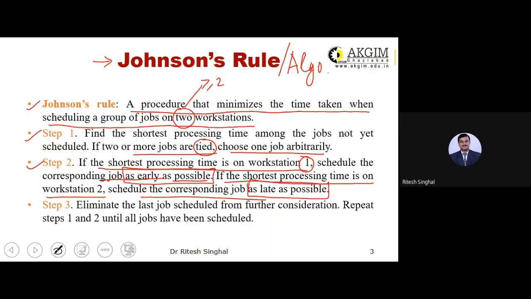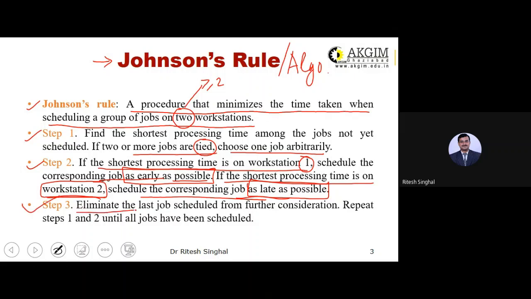Remember these two things in your mind: if the minimum time is with machine 1, schedule the task as early as possible, and if it is machine 2, schedule this job as late as possible.